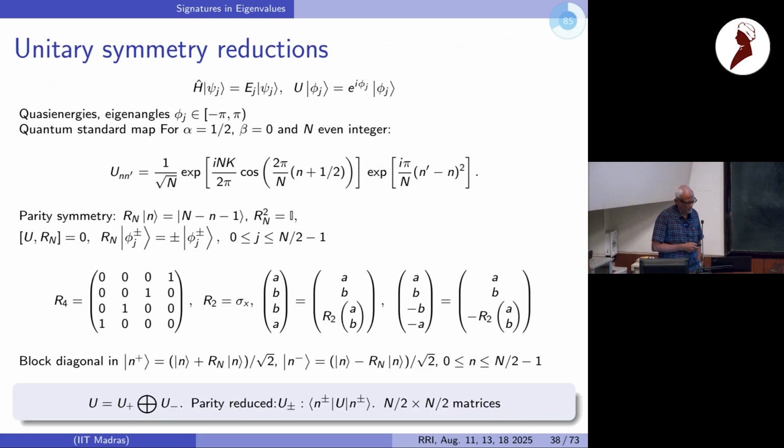Okay, so unitary symmetries we are more familiar with, things like parity and so on. You need to reduce this. For example, here I've taken for the standard map phase of 1/2. This will respect exactly a parity kind of operator which will reflect a position state or momentum state, by the way, about the center. So about n/2, and the square of that is identity. So you can always symmetry reduce states which are exactly symmetric into positive symmetric and negative symmetric states, and you can block diagonalize a unitary operator or a Hamiltonian into parity sectors.